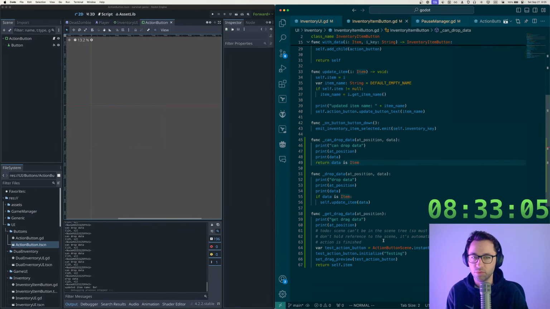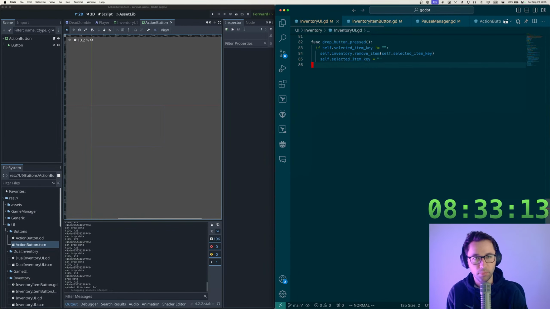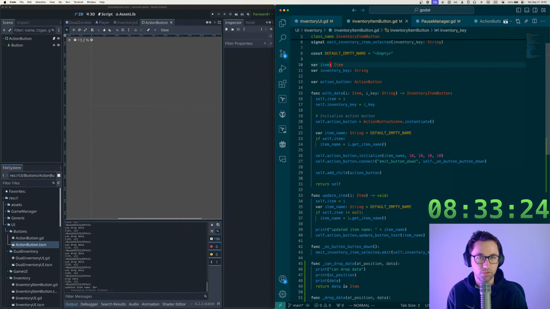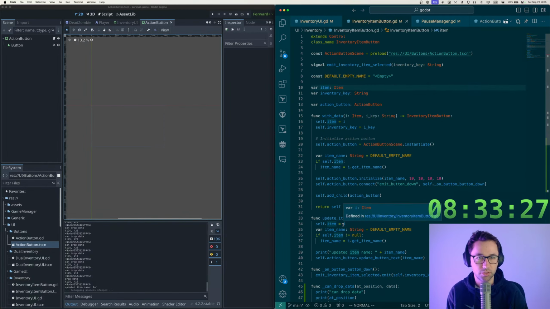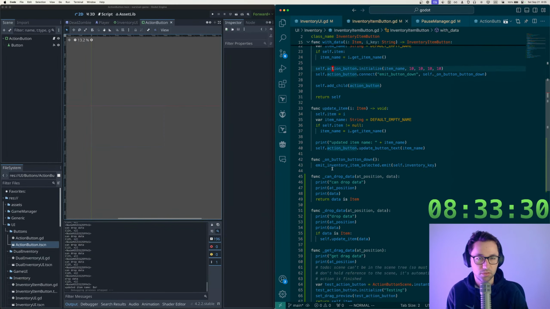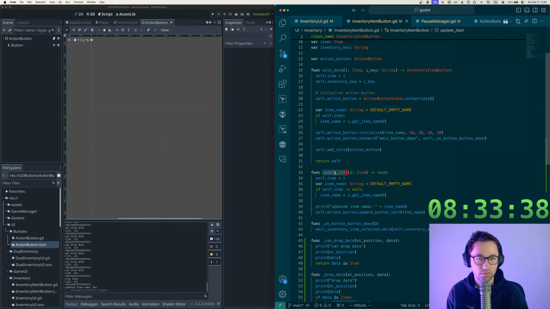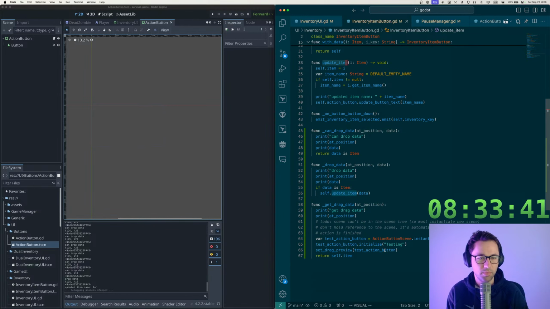So we need a way to tell the first item. Actually, maybe the way people implement this is when you start dragging it, you set the current to null, and then you can just drop it back in its position. Okay, so if we're, yeah, maybe that's all it is actually. So instead of